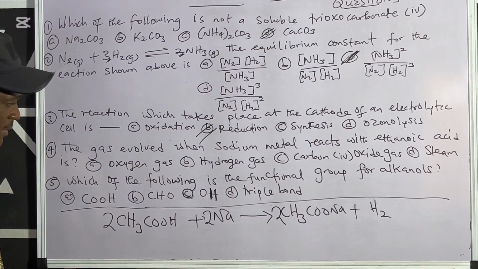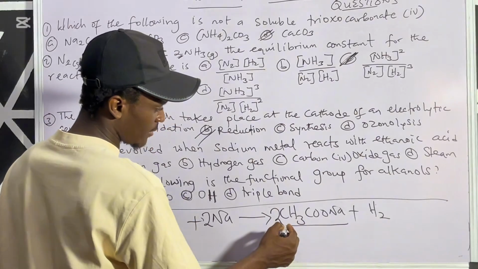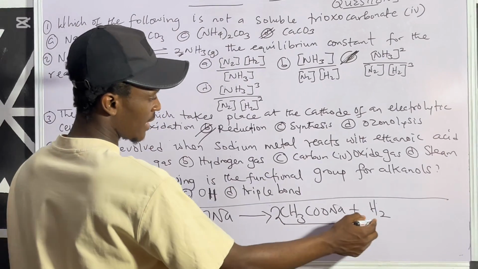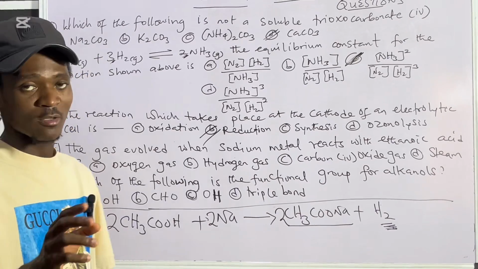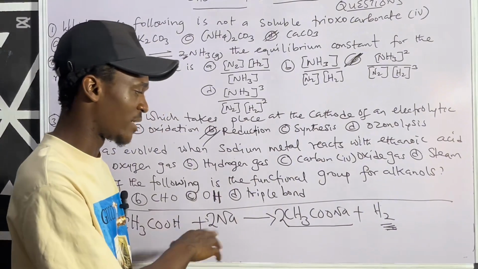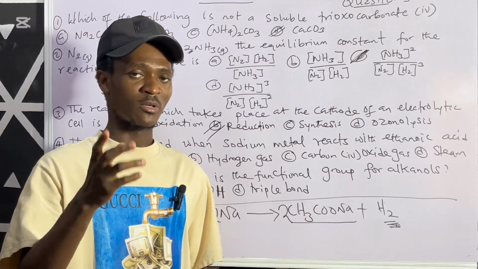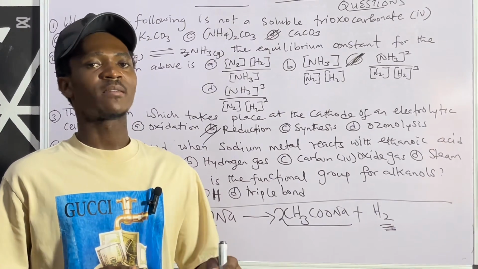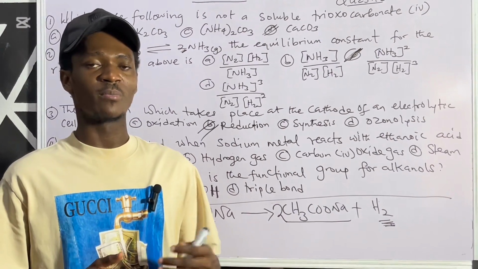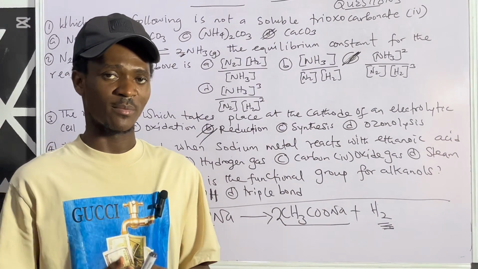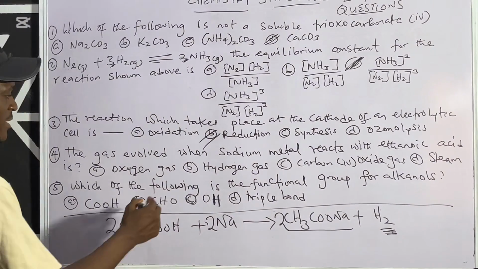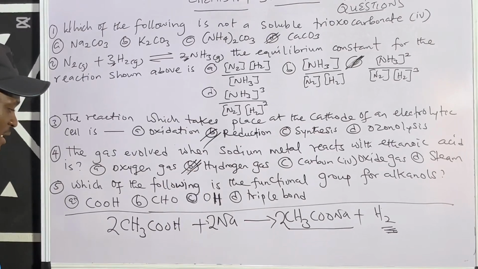What do you notice? Now we are having sodium ethanoate as a product, which is the salt, and then the gas liberated is hydrogen gas. So there's still a code that you can use for this. Instead of even representing this reaction to confirm it, you can as well use this code that under acids and bases, whenever acids react with metals, they tend to liberate what? Hydrogen gas. That's one of the chemical reactions of acids. So the correct answer is B, hydrogen gas.